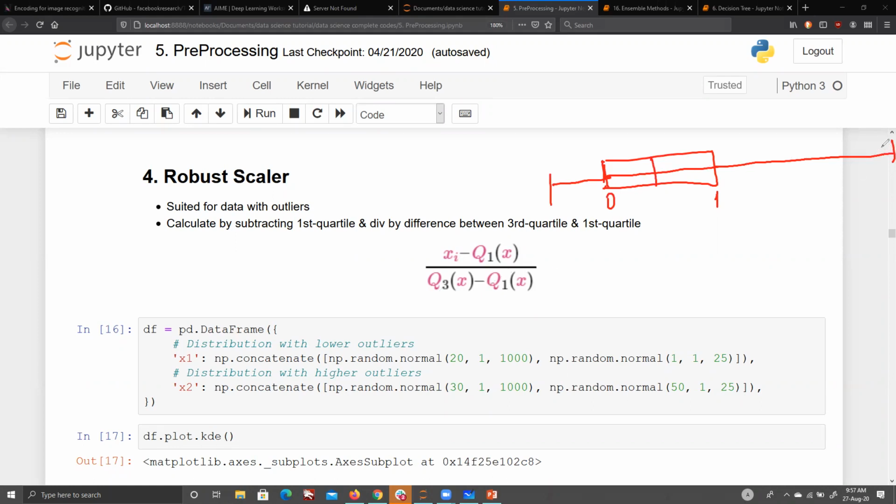But remember, if it is an outlier, it is still an outlier. We have not done any outlier removal. We have just scaled the values. But if it is an outlier, it is still an outlier. The reason why I was asking was because I got it wrong initially. I was thinking that outliers will all become 1. It's not the case. It will have the value of 9 or 8 depending upon whatever it is. Exactly.